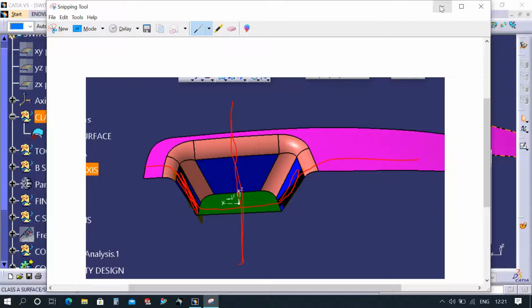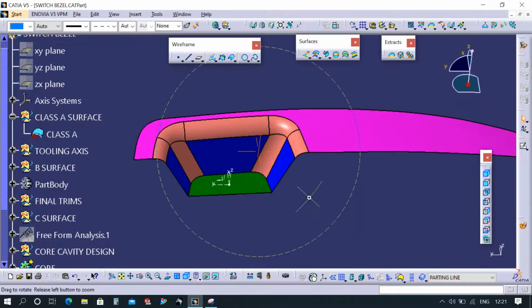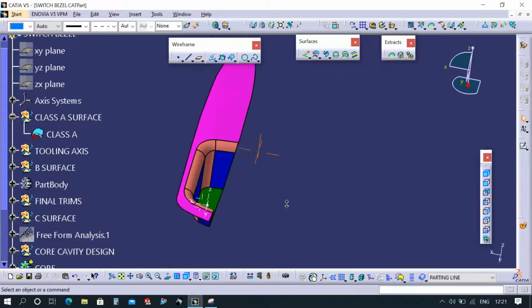I have to take another snap. Another line you have to rotate like this.